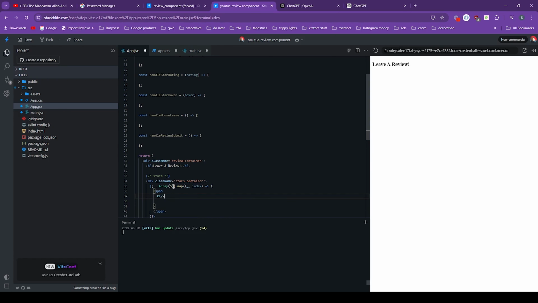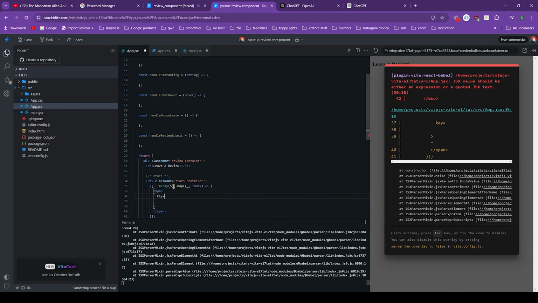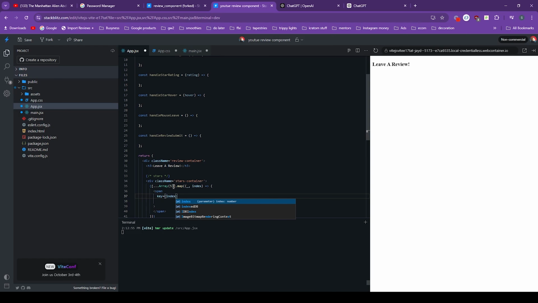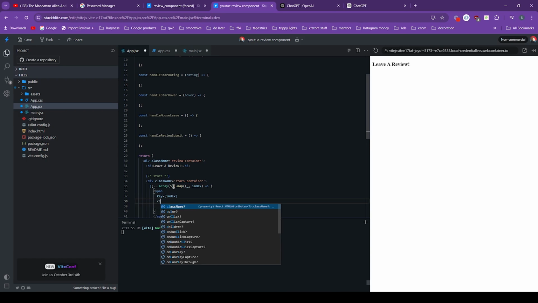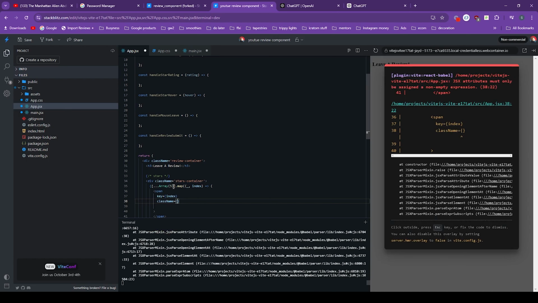First of which is the key, and the key for each is going to be the index. React always wants you to have a key whenever you are using arrays. Okay, so this next part's a little bit confusing. So we're going to have another class name. And this class name is going to be inside curly brackets. And we're going to be using